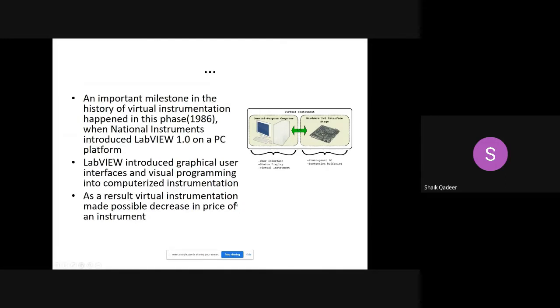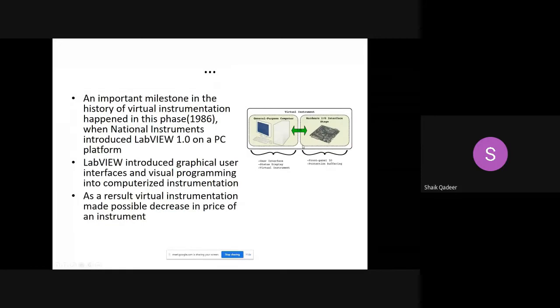The reason is, with physical instruments, for temperature measurement one setup is needed. Pressure measurement, one setup is needed. Level measurement, one setup is needed. But if we have this type of facility, we need to just change the program. If we want to interface for temperature measurement, we write one program. If we want to perform level measurement, we write a different program. We just need to replace the software to perform different measurements.